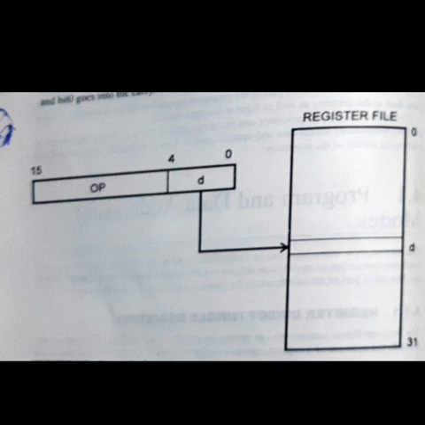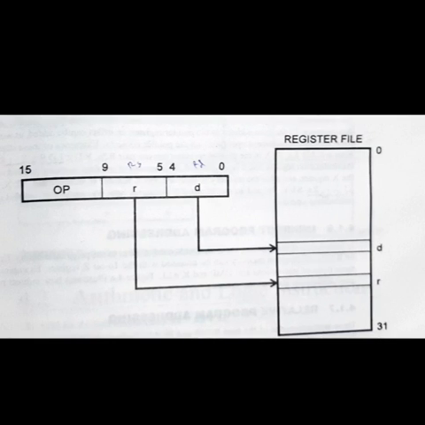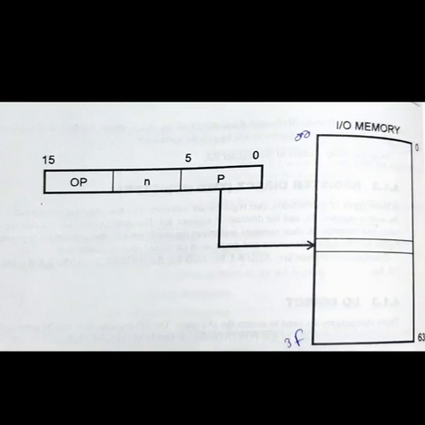The next one is the register direct, two registers. In this type of instruction, two registers are involved. The two registers are named the source register RS and the destination register RD. The instruction reads the two registers, operates on their contents, and stores the result back in the destination register. The figure shows the source and destination for these two types of instruction.